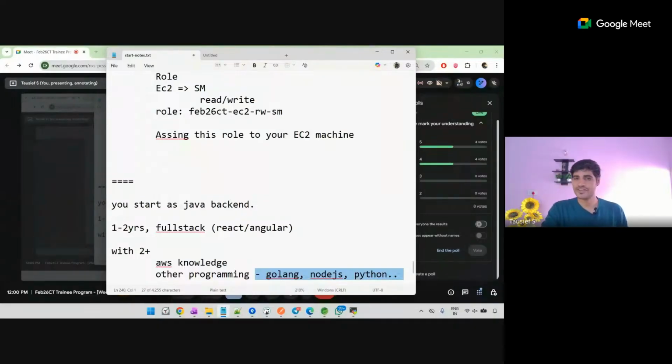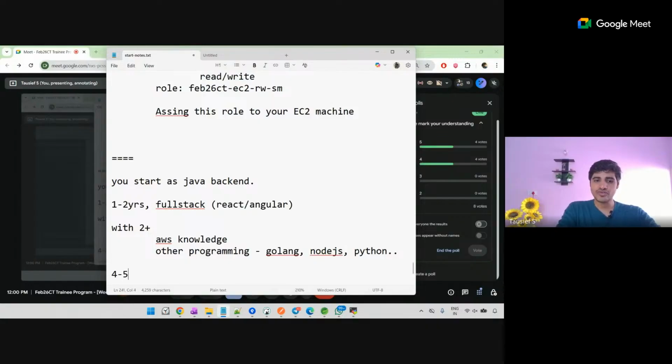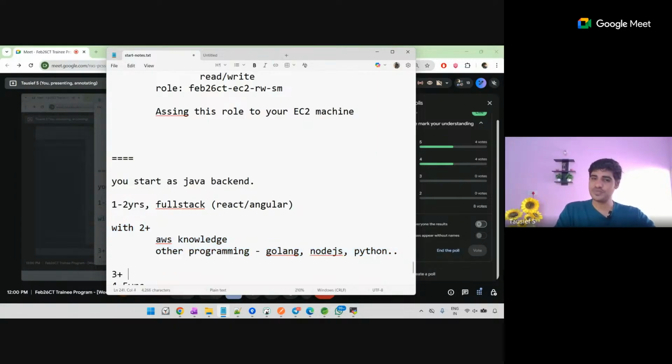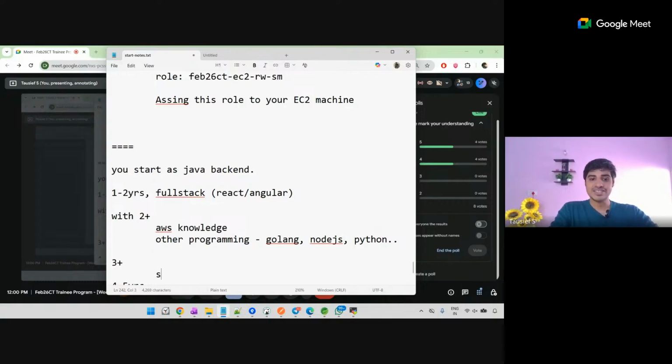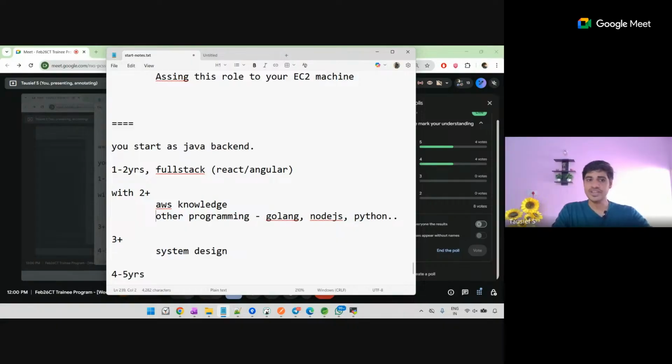So as you gain 2+ years of experience, you should start upgrading this. By the time you are reaching 4 to 5 years of experience, this kind of mastery has already happened. And you should start these things with 3+ years of experience. A strong focus on system design should also happen. Okay, you start growing on the system design aspect also. So by the time 4 or 5 years of experience happen, you are basically very nicely skilled for all of